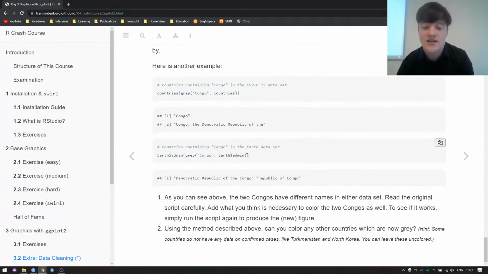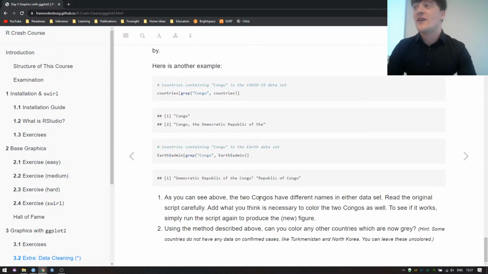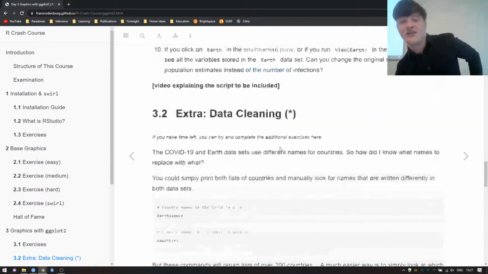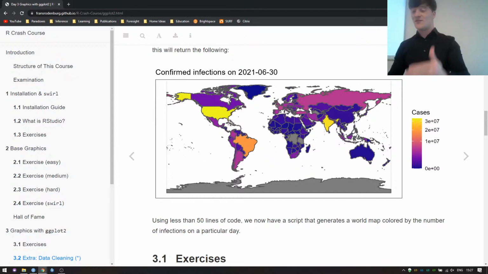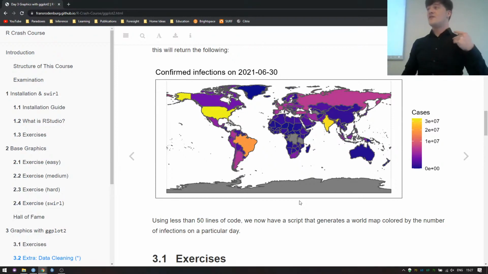And then the final challenge is to find the day with the most infections somewhere. So the most, in this case, brightly yellow colored part. And then I want you to center this map around Asia. So there are instructions throughout the ggplot script, throughout the exercises, on how you can change it to a different area. If you've done all that, if you've done some data cleaning to add at least one country,